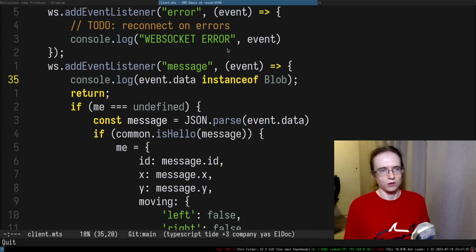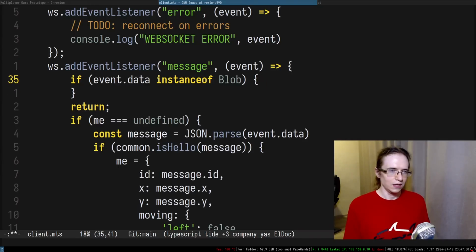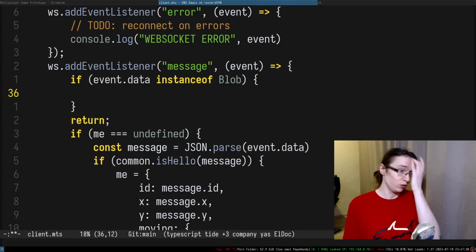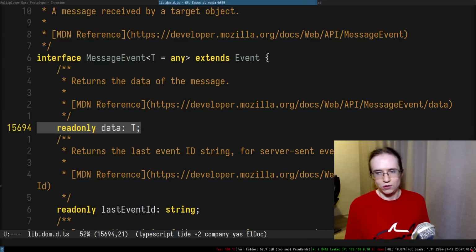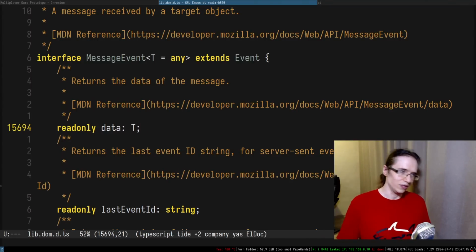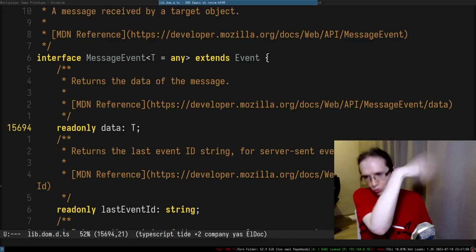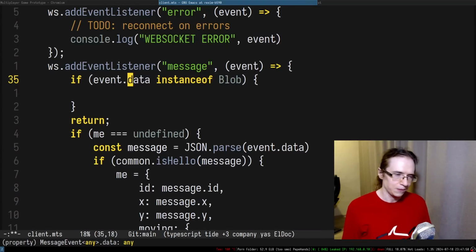Right, so we can even do some stuff like, if this thing is a blob, we handle it in a certain way. If it's something else, if it's a string, we handle it in a different way. And that's, I suppose, how the developers expected us to handle this data. Depending on what you receive from the server, you're gonna just do instanceof or typeof, and so on and so forth. So that's how it was expected to work, I think. Anyway,